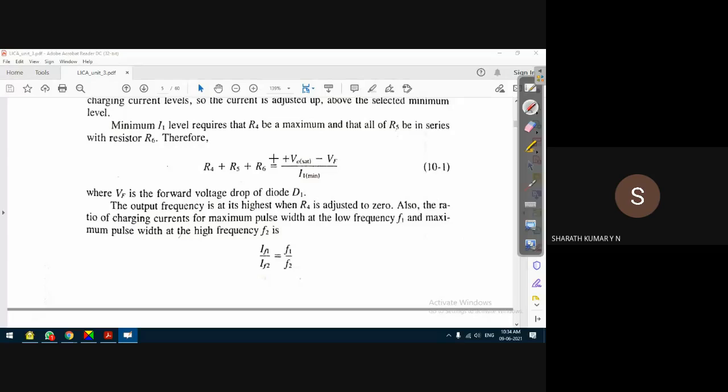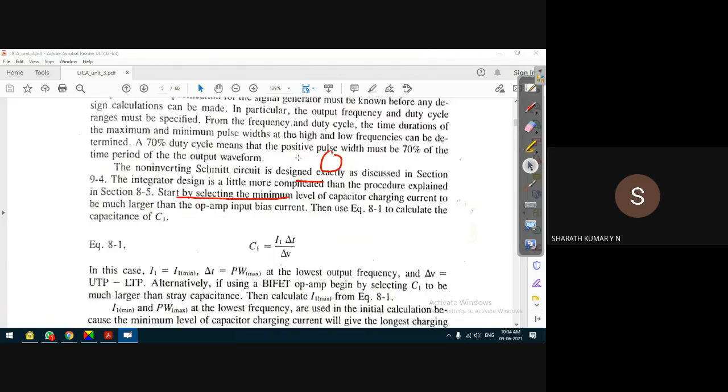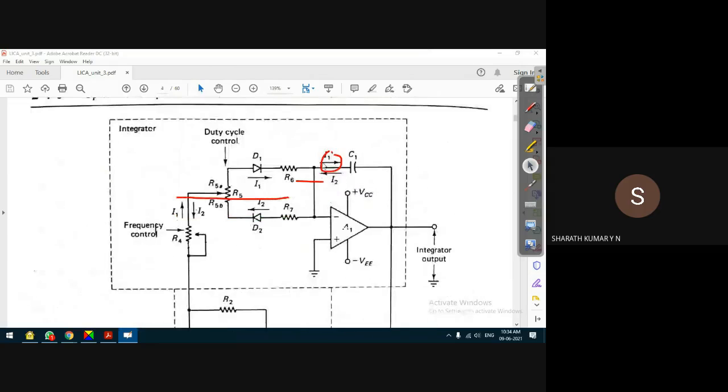The output of the inverter circuit minus the feedback voltage, divided by the resistance, gives the current charging the capacitor. Oh, sorry guys, I said VF is the feedback voltage. I'm sorry, VF is the forward voltage drop of the diode. That was a mistake. So this is the VF voltage across the diode, which is in the forward bias condition. The other voltage is V0 saturation.